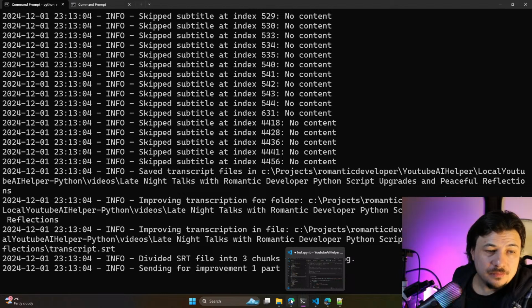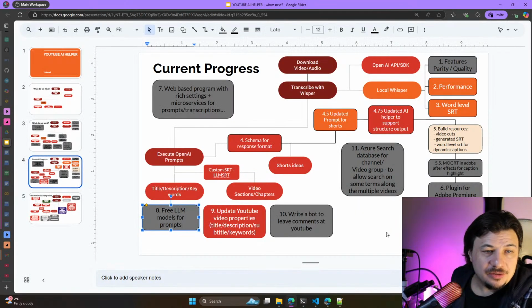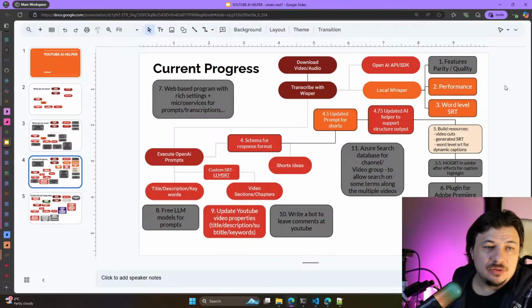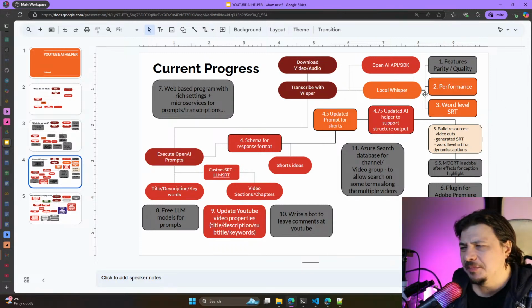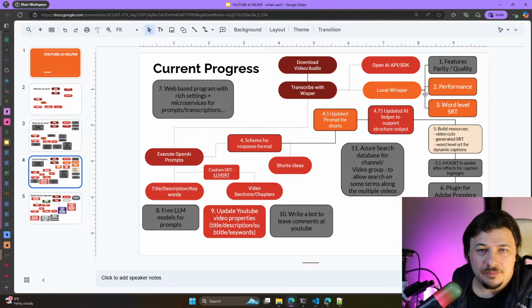Okay, so while it's doing that, let's return here. So we could use a free version, because right now we use the OpenAI SDK. It's not costly, it just costs a few cents.